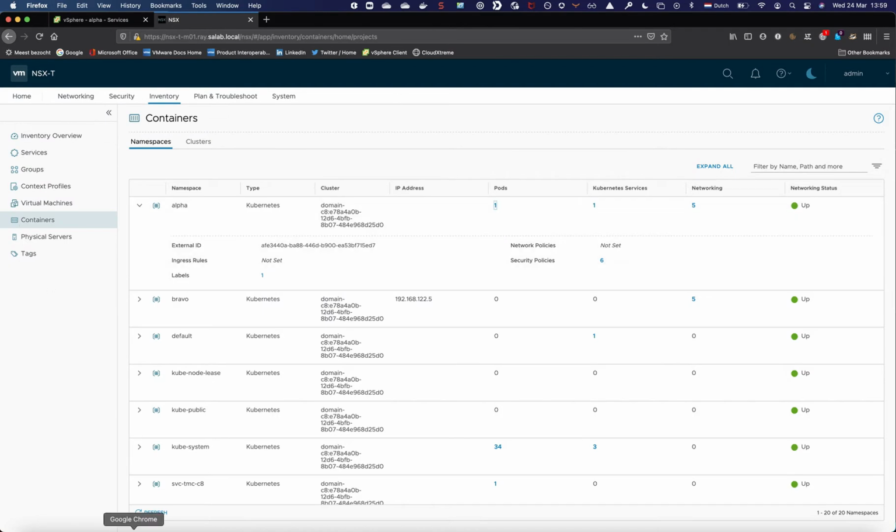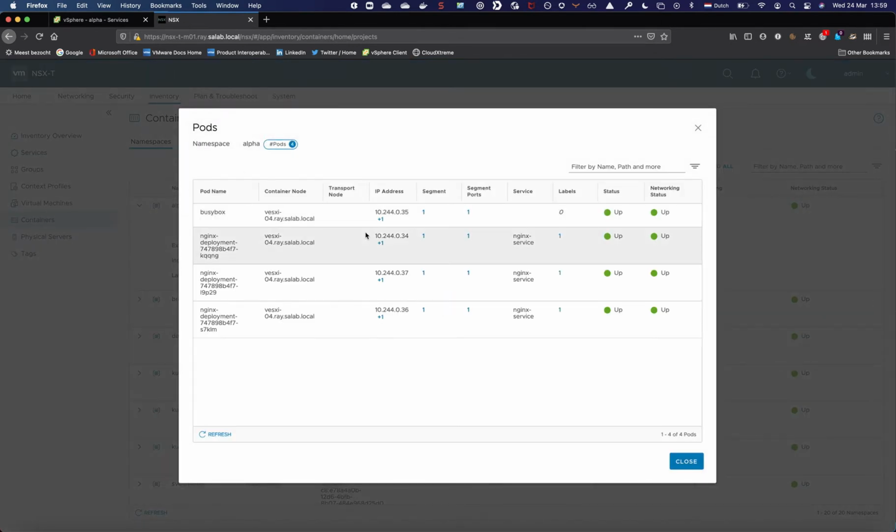So in NSX-T, if we refresh this containers inventory page, we now see 4 pods running. Again, for each pod, NSX-T is able to identify the details of the pod: the name, the container node it's running on, and the IP addresses available for that pod. Also the segment, the segment ports and the labels. As you can see, we specified the label nginx, so it's able to retrieve the labels and show them in the containers inventory page,